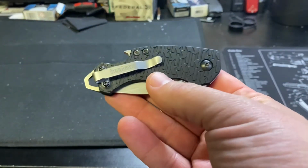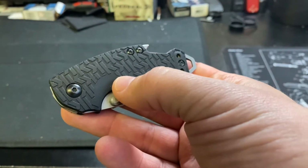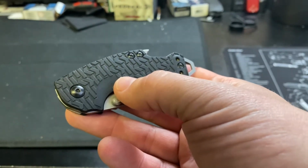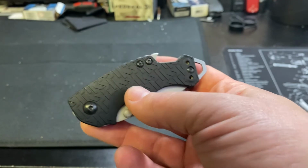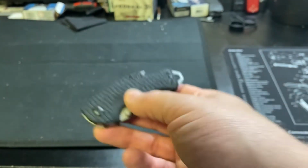So there you go, guys. This is the Kershaw Shuffle. They make a Shuffle 2, which I have. It's stored away in a bag somewhere. I'll try and find that and show you guys. And then they also have one, which is the Shuffle Utility, which has some